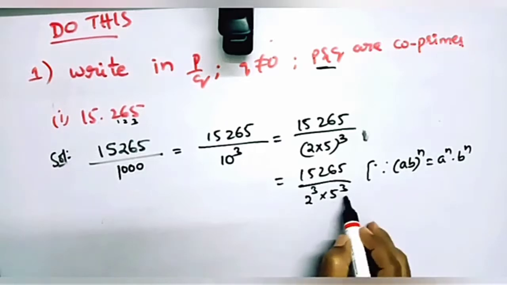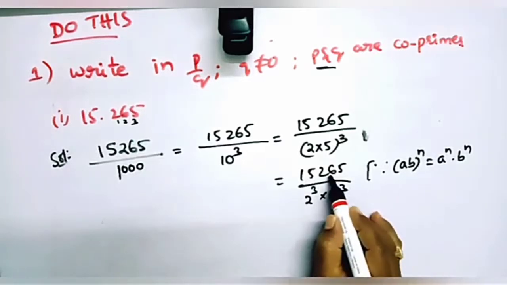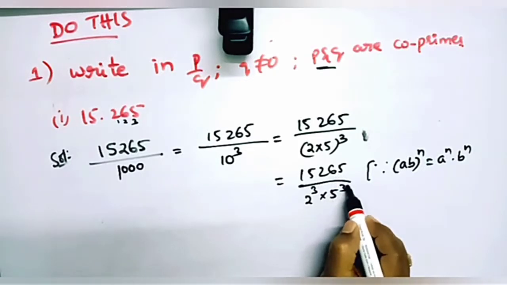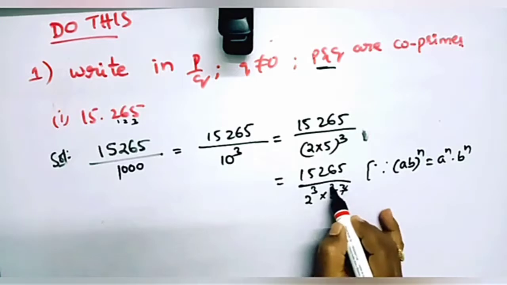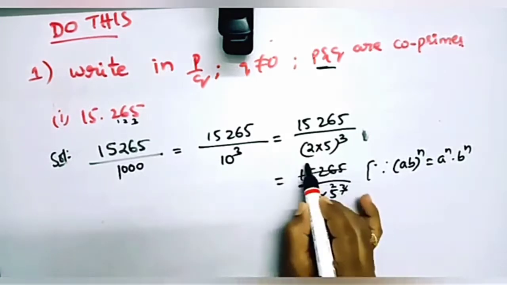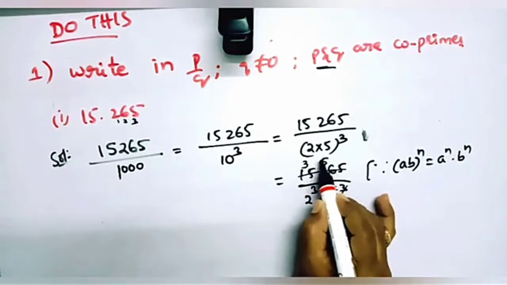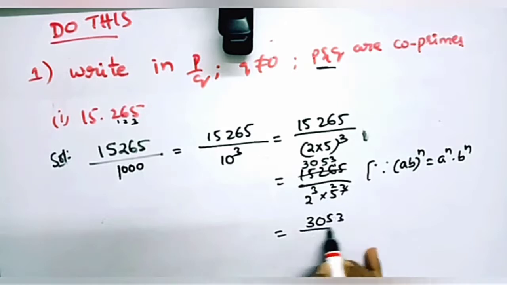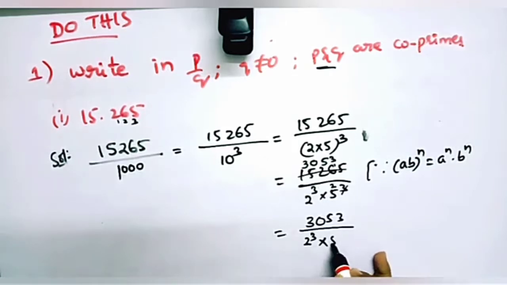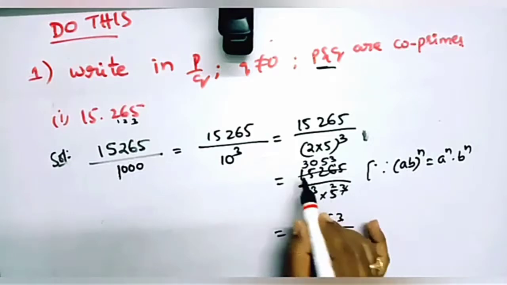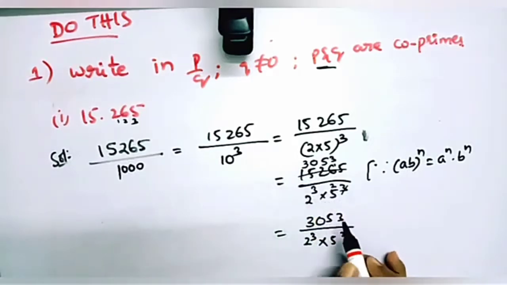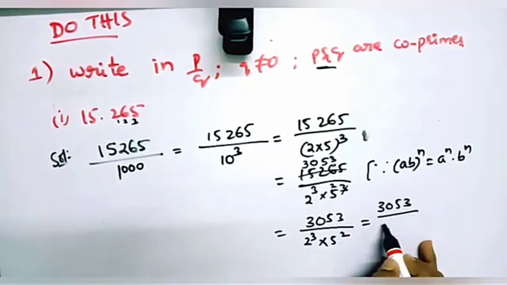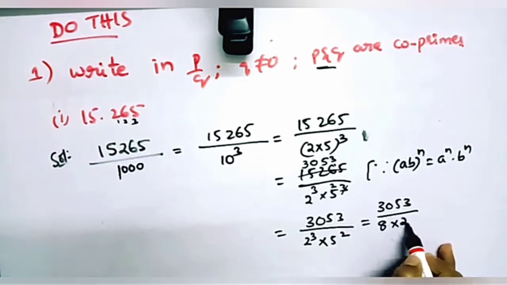Now here 5 power 3 is there, and this number is divisible by 5, so you should cancel one 5, I mean you will get 5 square. Then you can cancel with the 5 table. 5 times 3 is 15, then 5 times 5 is 25, then keep 0, then 5 times 3 is 15, so the number is 3053 by 2 power cube into 5 square. Out of 5 power 3, one power we use for cancellation, so you will get 5 square. That answer is 3053 by 2 power cube, means 8, into 5 square, means 25.